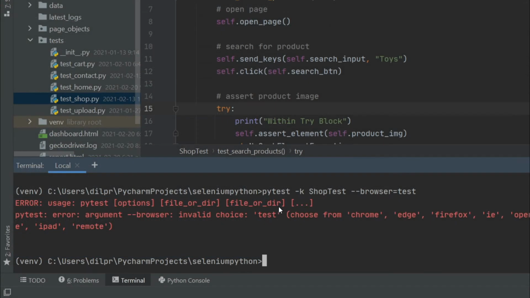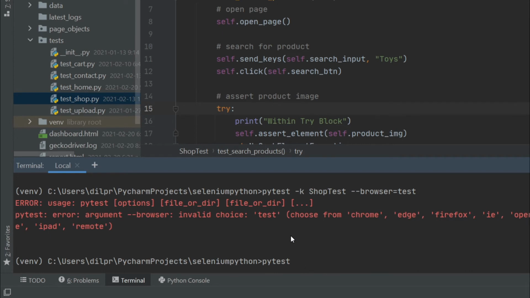Alright, so the next thing we're going to take a look at is how we can run tests in parallel. So far we have been running tests sequentially, one after another. But if you want to speed up our execution, we can run tests in parallel, and that is really easy to do with Selenium Base. So all I'm going to do is just do pytest. And here, instead of running an individual file, I will just simply do pytest and then pass in my browser. Or I can even keep it Chrome by default.